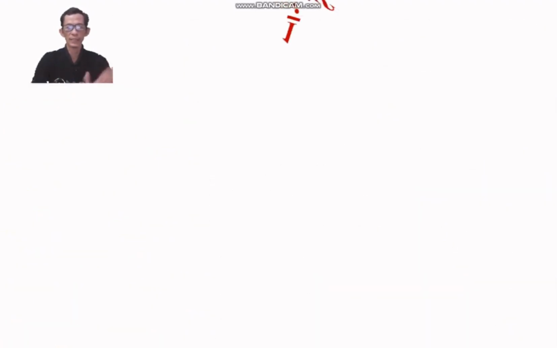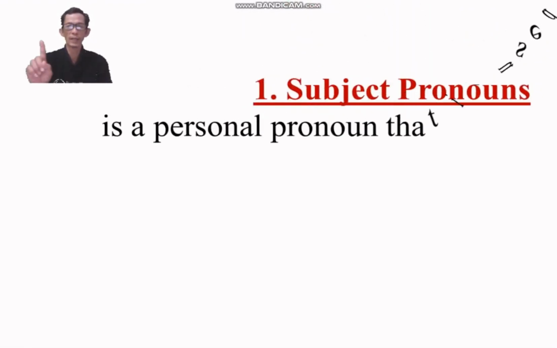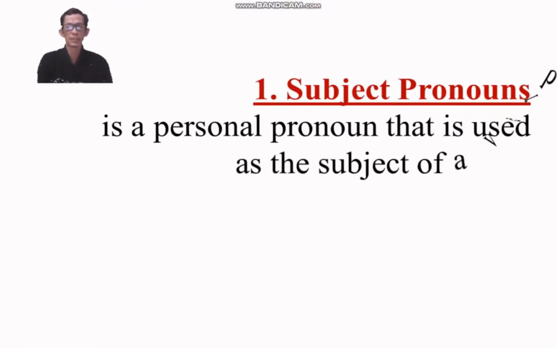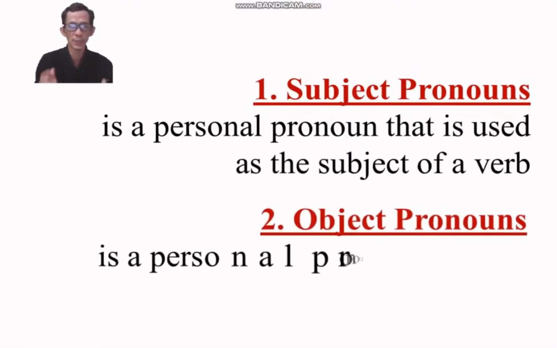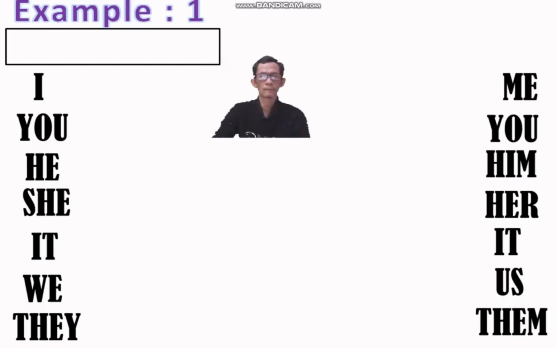Okay everyone, let's take a look at the explanation of one, subject pronouns. Subject pronouns are personal pronouns that are used as the subject of a verb. Two, object pronouns. Object pronouns are personal pronouns that are used typically as